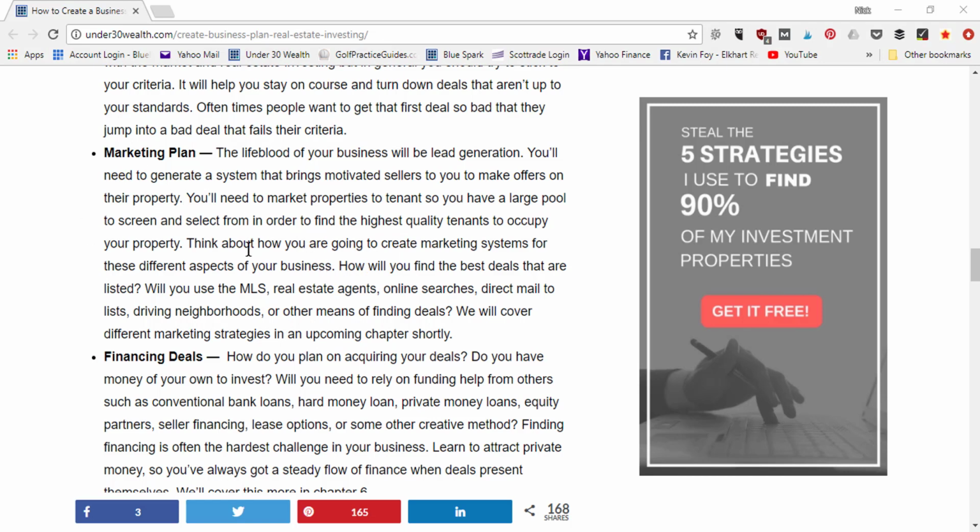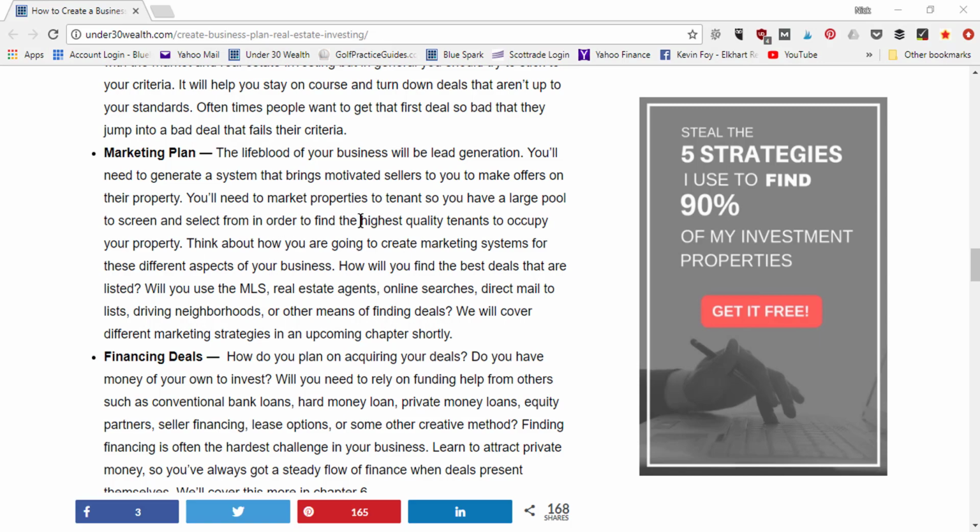So this is all part of the marketing plan, driving around, looking at vacant homes and then mailing to the property owner. You've got the MLS that everybody pretty much uses, so that's dealing with a real estate agent. They can hook you up on the MLS. You can search online. A lot of people list their home for sale by owner, so it won't come through the MLS. But if you're looking on Zillow, Realtor.com, Homes.com, these different places that people will list their home for sale by owner, you can find it there. You can find it on Craigslist. You've got direct mail where you send out letters to people. So you've got different ways you can market to try to come up with seller leads